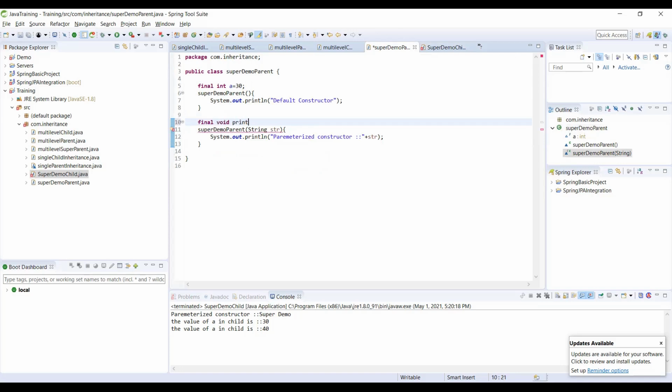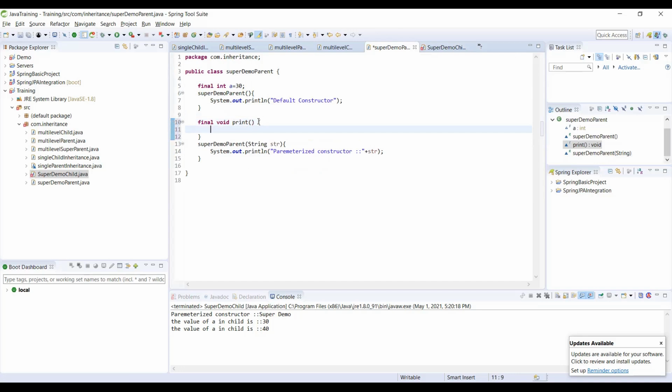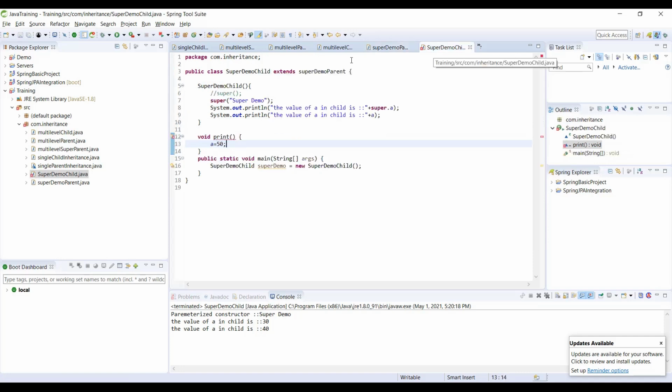Final void print. What am I trying to do here? I'm just trying to override it, because I'm trying to change the implementation.